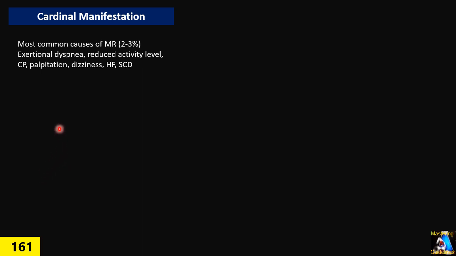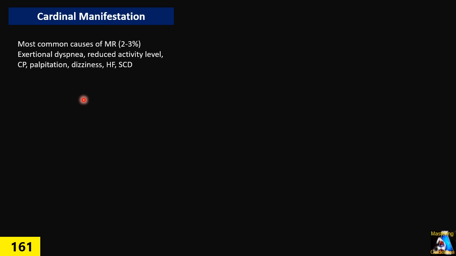Depending on the severity of the disorder, especially mitral regurgitation, and how long the patient has had mitral valve prolapse, the symptoms can vary, from just palpitation, dizziness, or a little higher, exertional dyspnea during activity, reduced activity